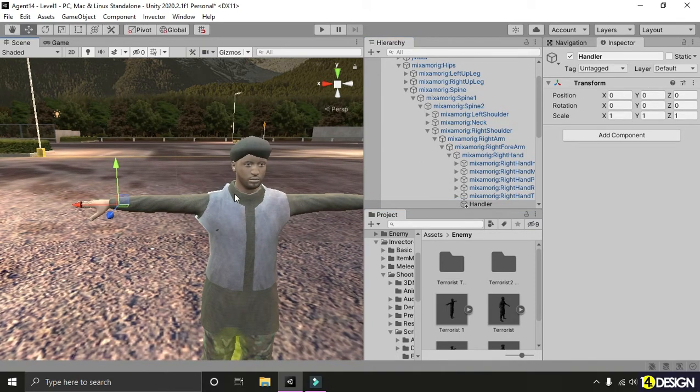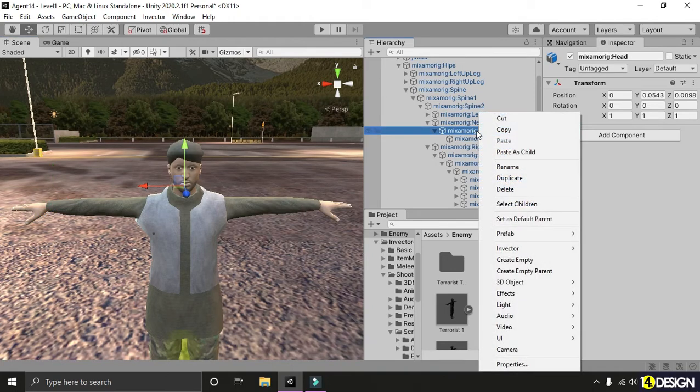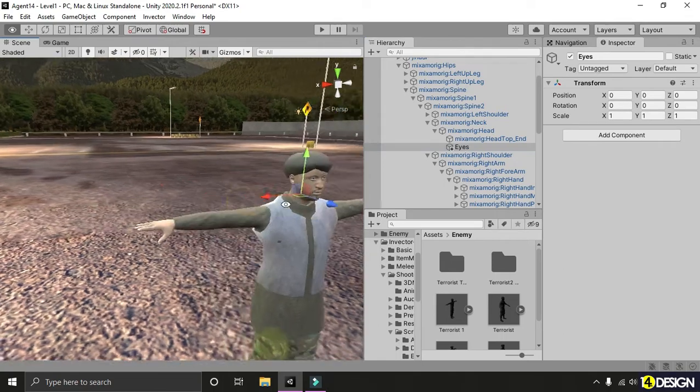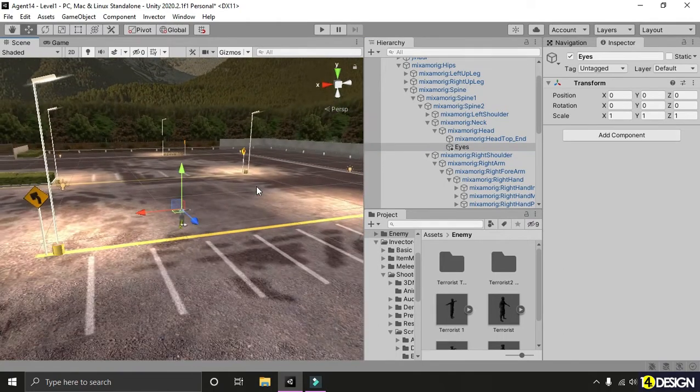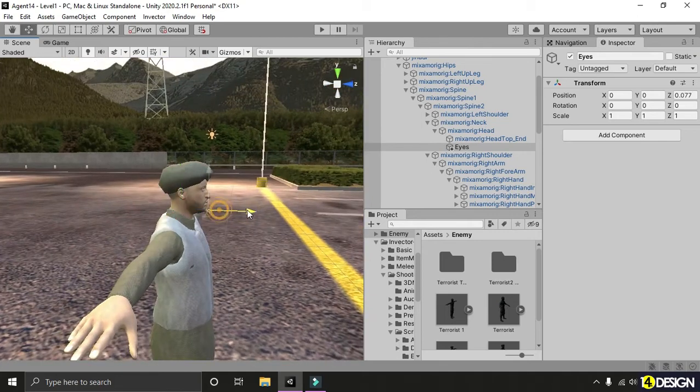Now go into your head bones, click on the head and create an empty game object and name it eyes. What the eyes do is help us detect an incoming player or incoming enemies.